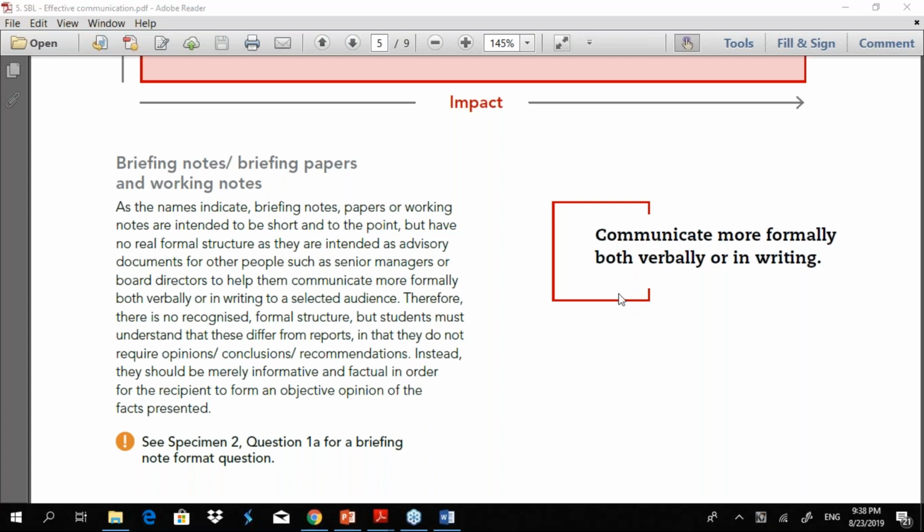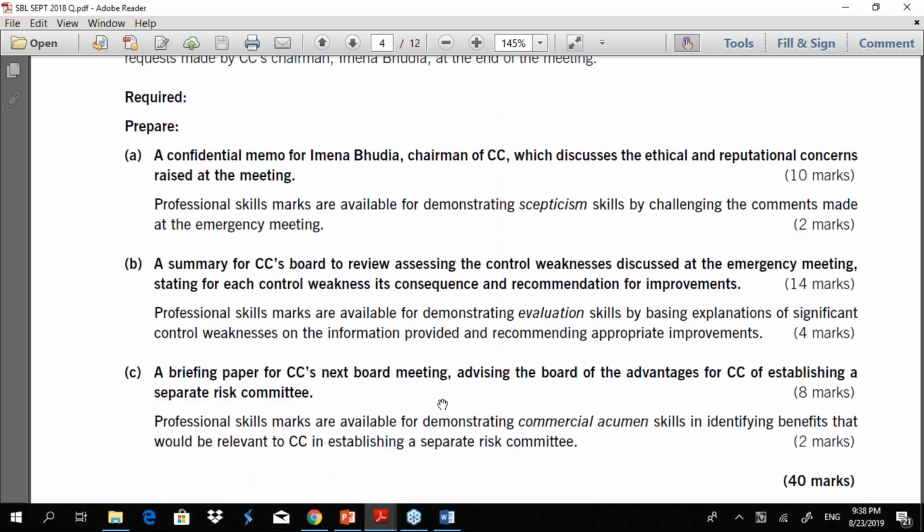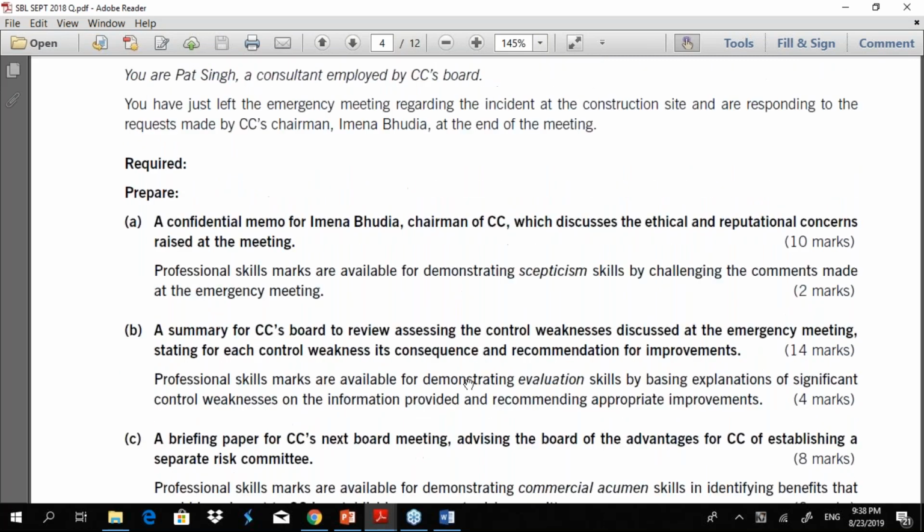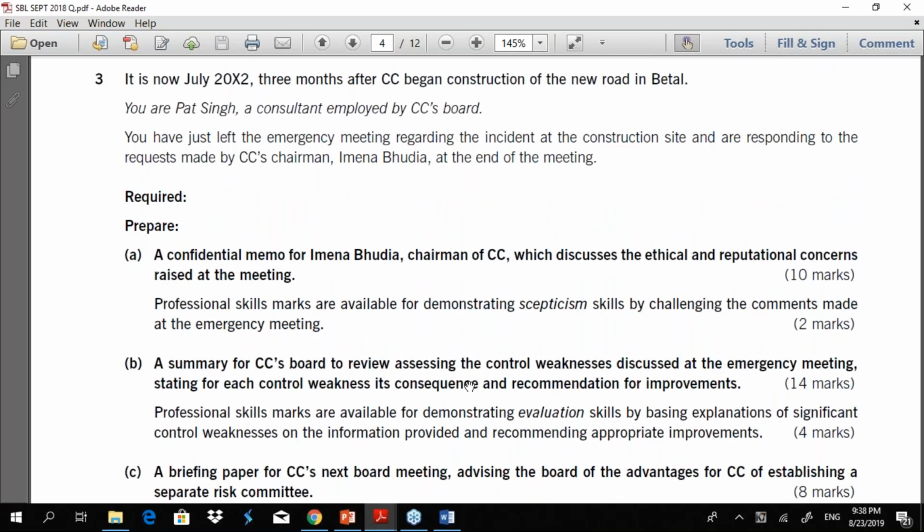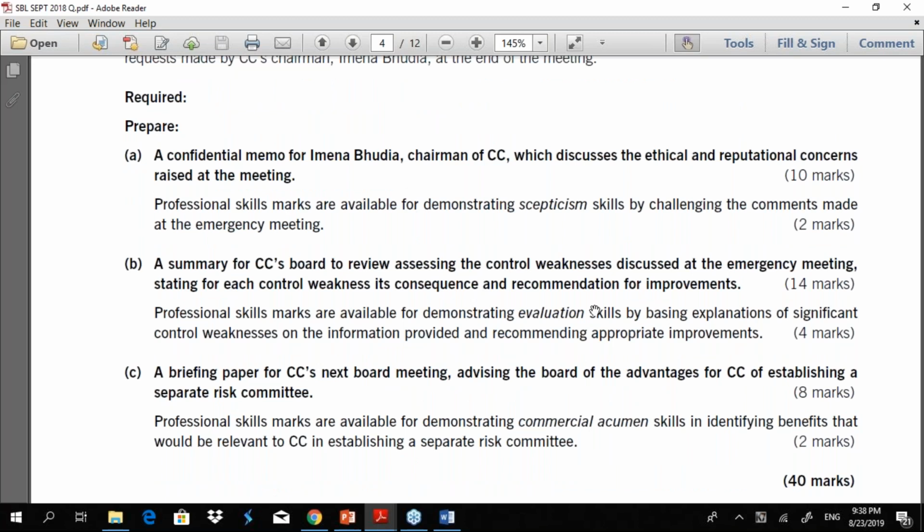Yeah, before we go there, tell me what do you mean by advice? The verb advise. So you are a consultant and you are preparing a briefing paper advising the board.